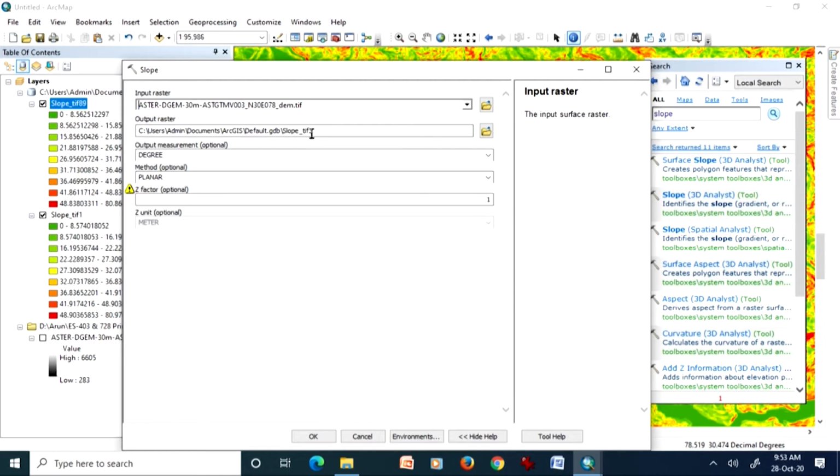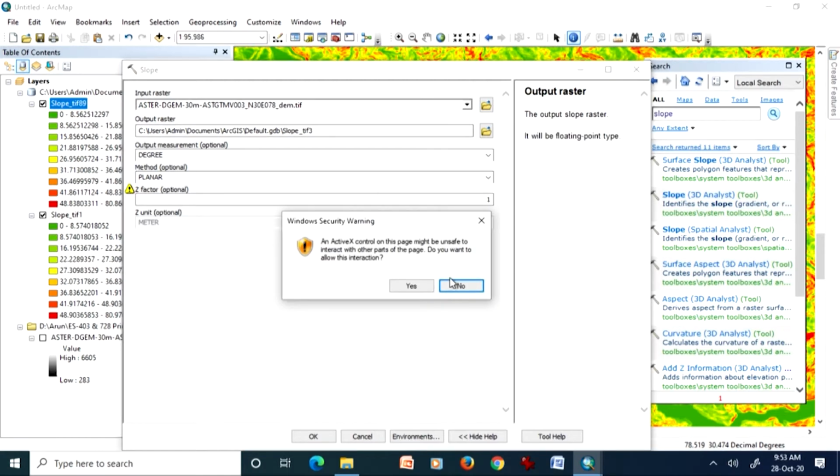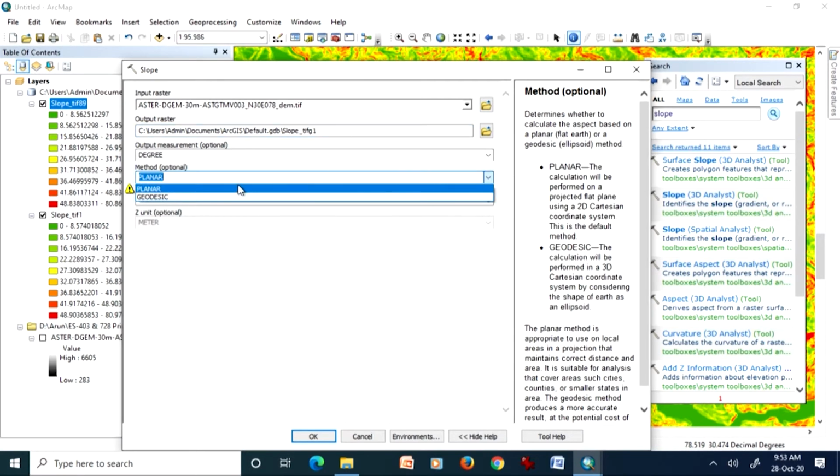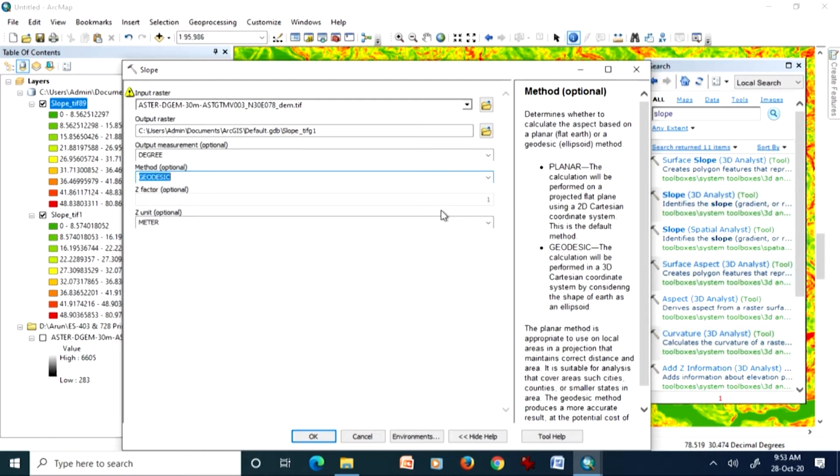So let's do it. I will give it some name. For geodesic, I give the name geo and 1, which indicates that I am going to keep Z factor 1, and here geodesic. And once I choose geodesic, you don't have to bother about Z factors. Now it is asking whether the Z units are in meters.